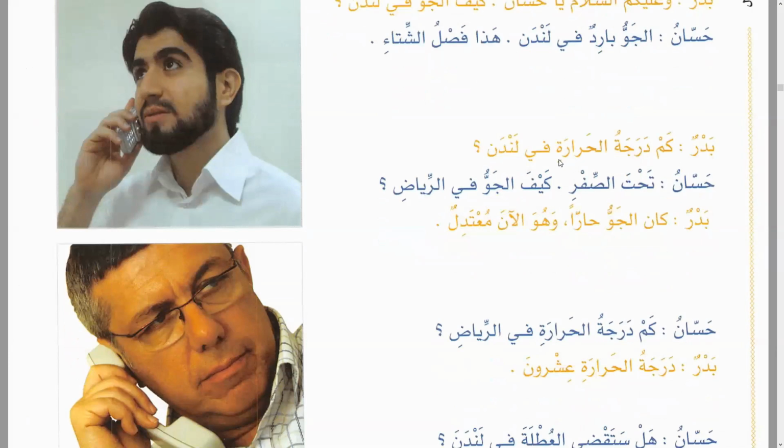Now, generally speaking, after kam, it has to be a fatha. If we have one word, it has to be a tamiz. After the word kam, the word should be tamiz. Kam baytan, right? But if a mudaf and mudaf ilayhi come, this is like a compound word, then that rule doesn't apply. It takes a kasra. That's what we notice here, right? This is not one word. If I just said kam darajatan, if this wasn't there, I just want to know degrees. Darajah. How many degrees? Some degree, yeah?